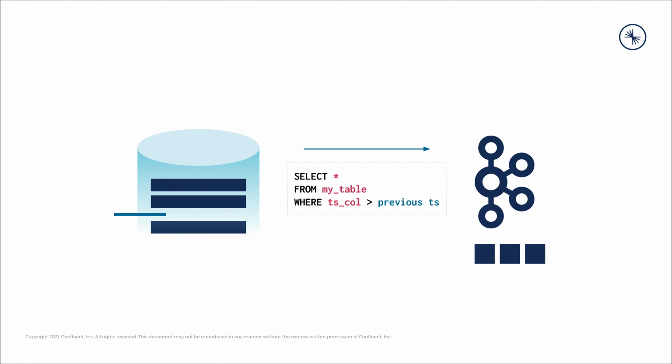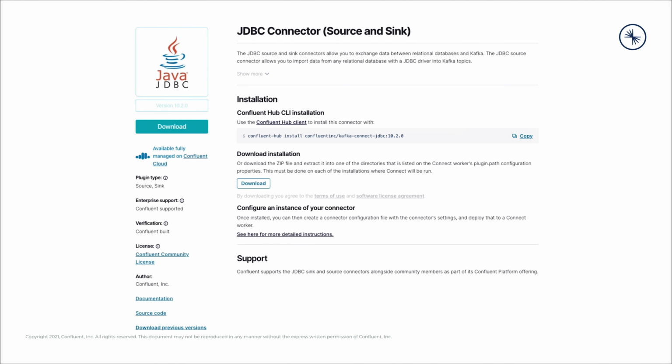But the query is polling the database. That's a thing you have to do every so often, maybe every second, maybe every 10 seconds. Maybe you'll get in a fight with your production DBA about what that's going to be, but it has to keep running with that updated timestamp to get those new records, to get those new events produced into your Kafka topic. The Kafka Connect JDBC source connector from Confluent is an example of this. This is what you'd usually use for query-based CDC. It just uses the regular JDBC interface. Pretty much any database you're going to use is going to be JDBC compatible, and it does that polling and uses an ID or a timestamp or both to get new and changed records.